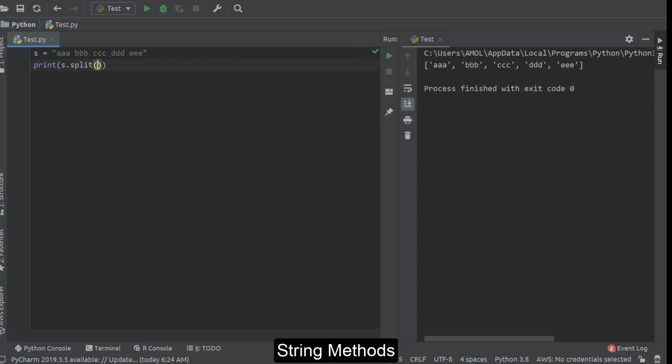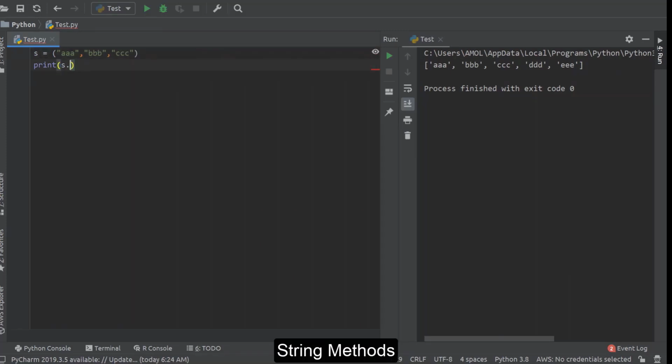Now there is another function, that is join. A join function is a reverse kind of function. It creates one string from a number of strings. Now here we are creating one tuple. Don't worry about what is meant by tuple and all that, that we'll see afterwards. Okay, so just remove this. Just create one tuple like this. So this is a tuple containing 3 strings A, B, C.